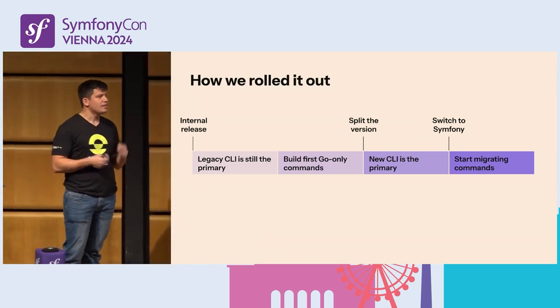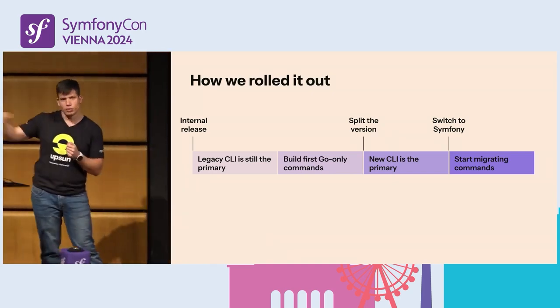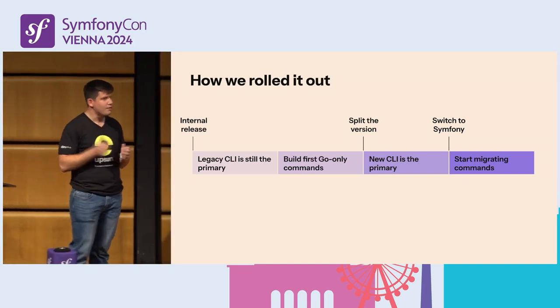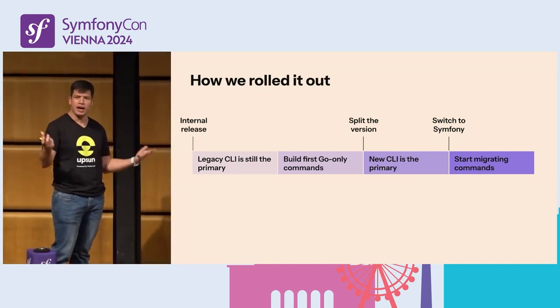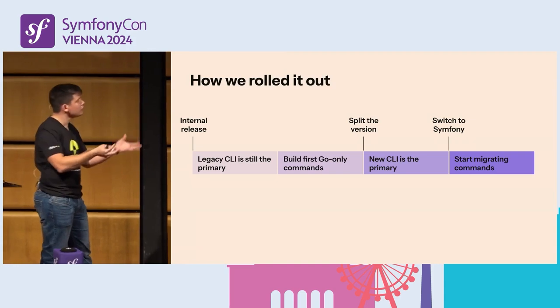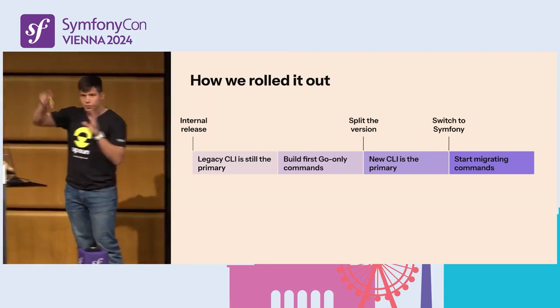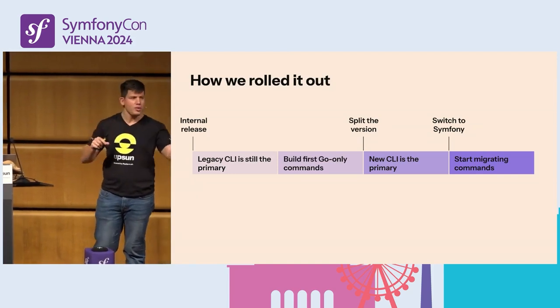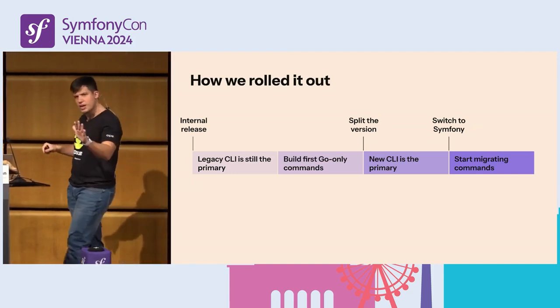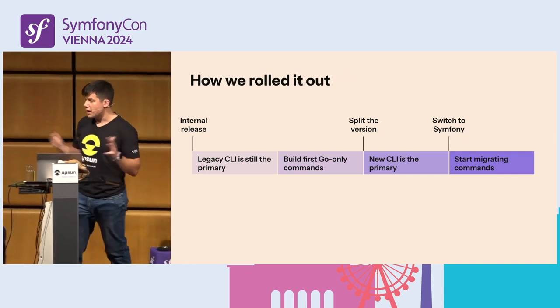So now we can easily say, this old command that was previously written in PHP and is not ideal, or that we wanted to change a lot, it's easy to just say, okay, write it in Go. Then instead of loading the legacy command, we can load a new one. It's going to work in exactly the same way, but it's going to be completely handled by Go.